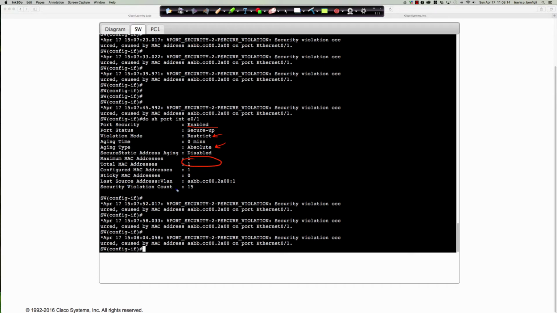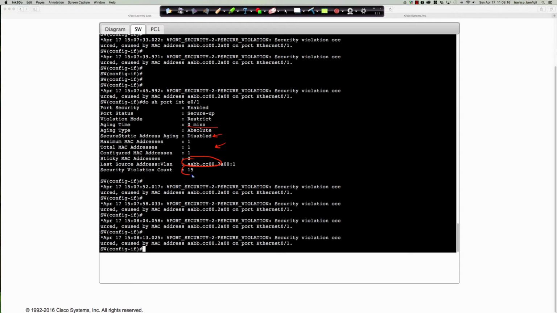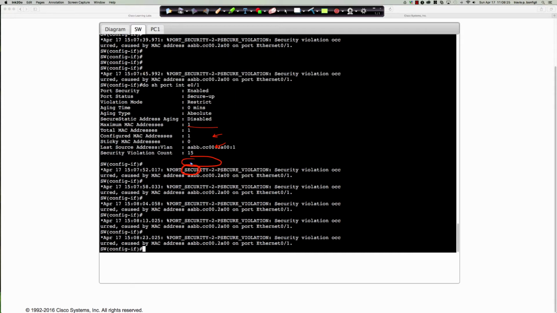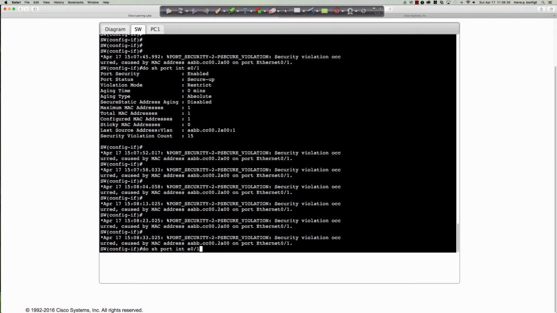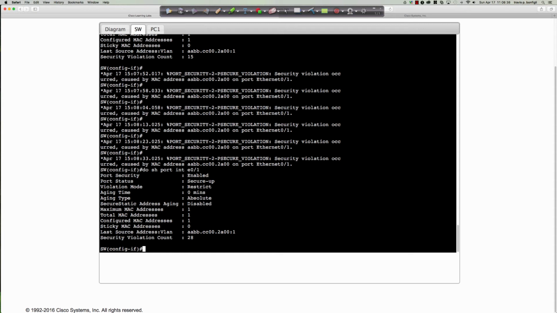Now, the security violation count. This is what I was talking about. Every time it senses a violation, which it's going to in the restrict mode here, it continues to increment our violation count. We're all the way up to 15, so it should be 16, 17, 18, 19, 20. We're probably going to get one more before I get the cursor back in there. So it should be 20 or 21 when I run that command. Actually, it's gone all the way up to 28. So we're up to 28 at this point, and you can see that that security violation count